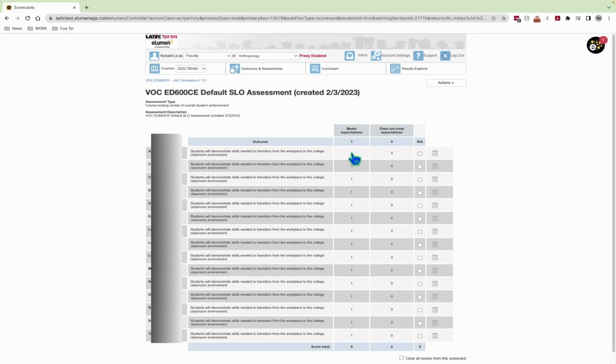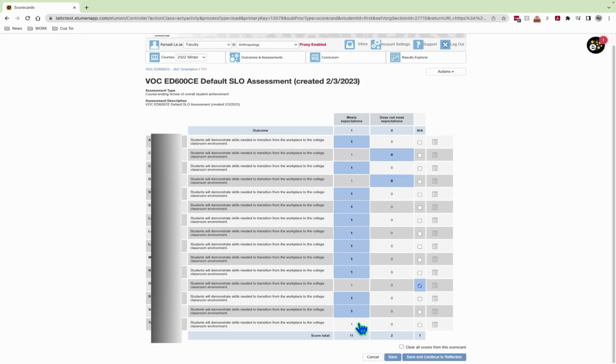So you click on the cell you want, and you have to make sure that every single row has something selected. Otherwise, the scorecard will not be complete. For each SLO row, there can only be one option selected, either 1, 0, or NA.